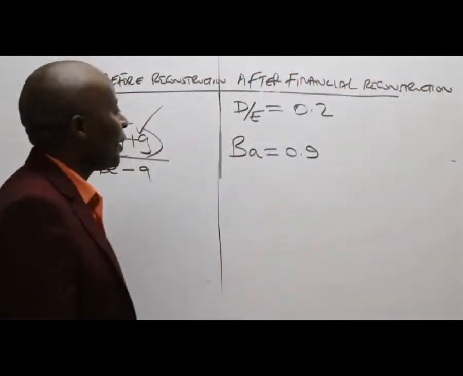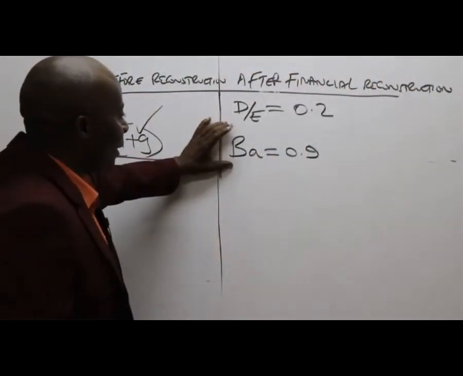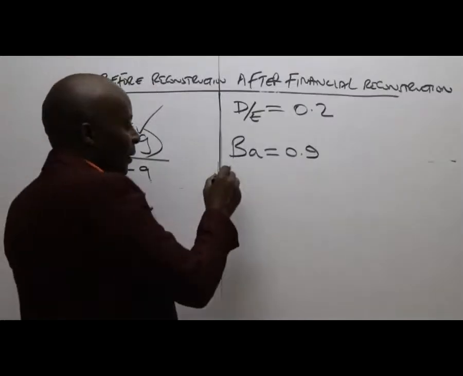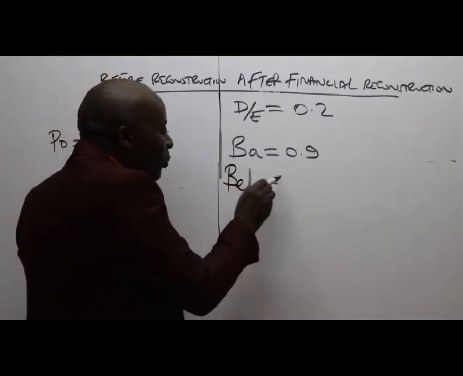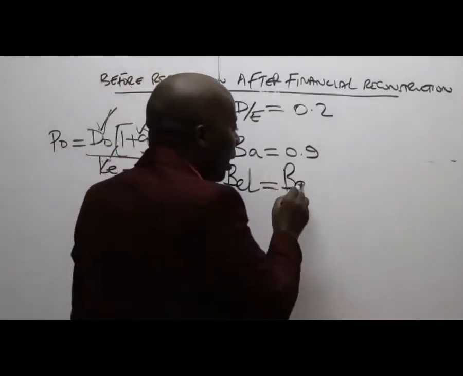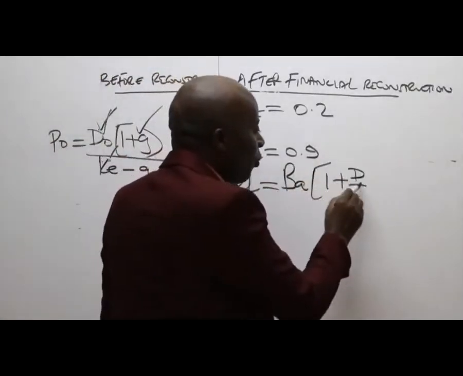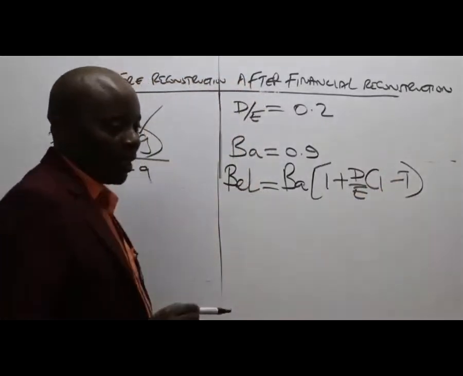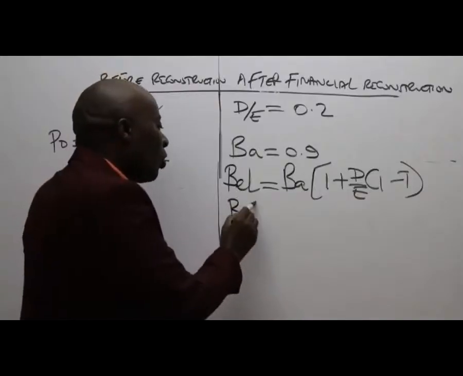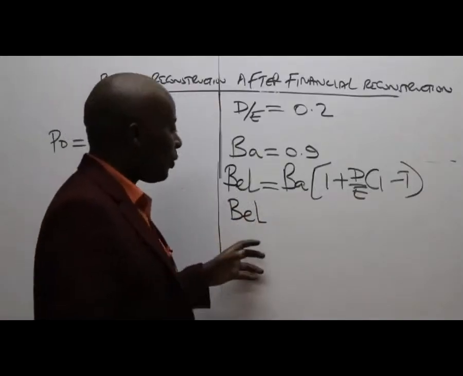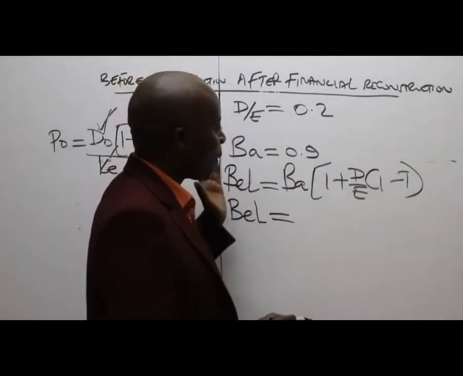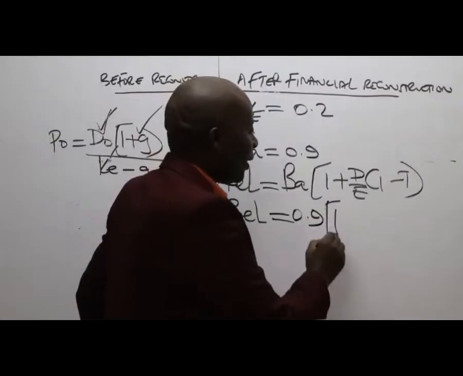So ladies and gentlemen, look at this. When I see these beta assets, I know there is a problem, but I know that for me to be able to untwist myself out of this problem, I'll have to apply Hamada's model. And Hamada's model, you are the ones who have told me that beta equity levered equals beta asset into 1 plus D over E, adjusted for taxation, right? So then my beta equity of a firm that is levered will be equal to beta asset, which is the same across board, 0.9, into 1 plus